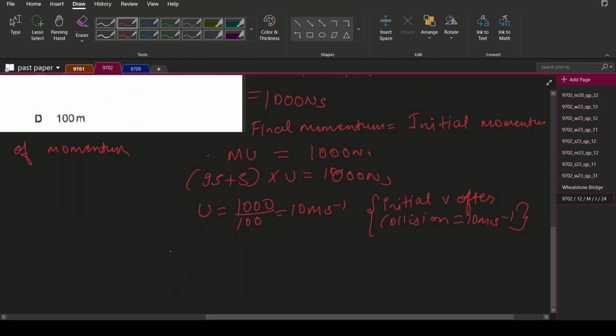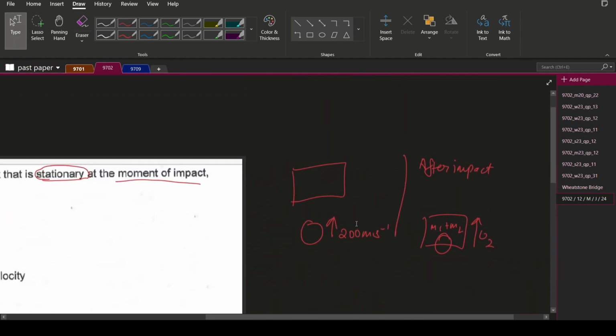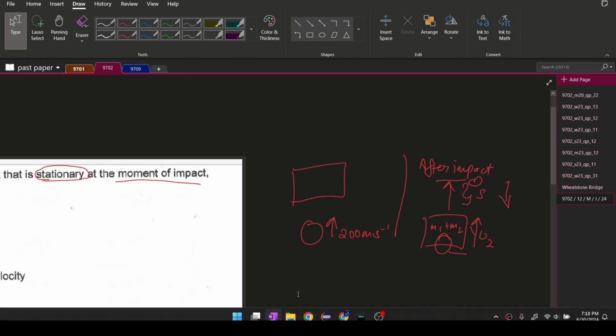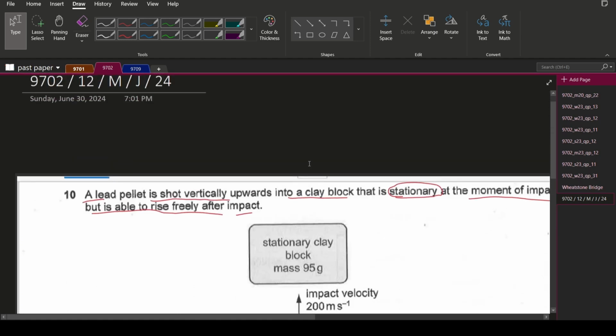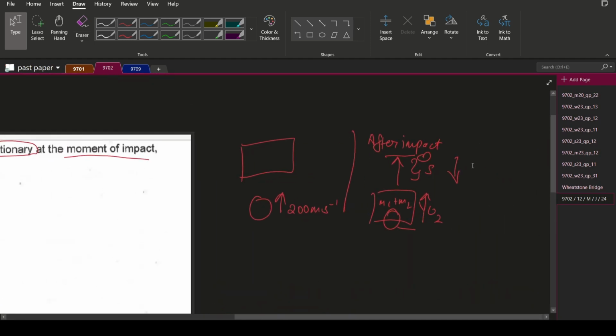Now what we need is the distance, s, distance traveled. So let's just see the situation. After this collision, they both move together, embedded onto each other, but then they only move to a certain height because gravity is acting against them. So they will keep getting slowed down until they have a final velocity of 0, which is their maximum height. This is what we call s, and this is what the question has asked. How high above its initial position will the block rise? The highest position is where the block will have its velocity 0, because after that it will start